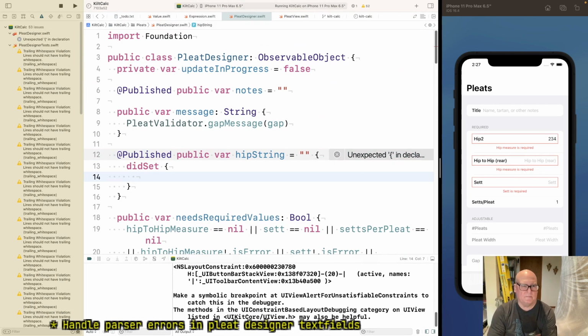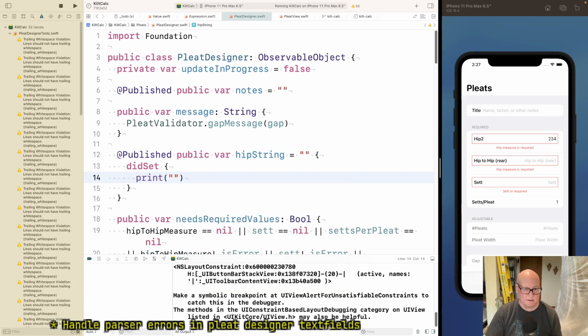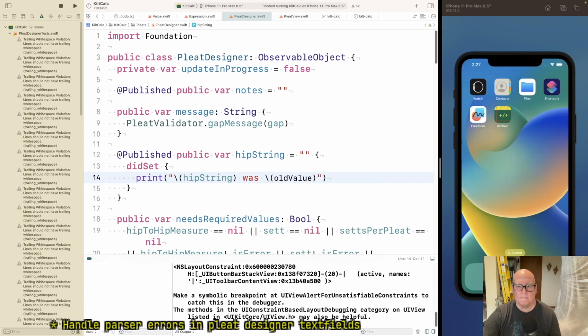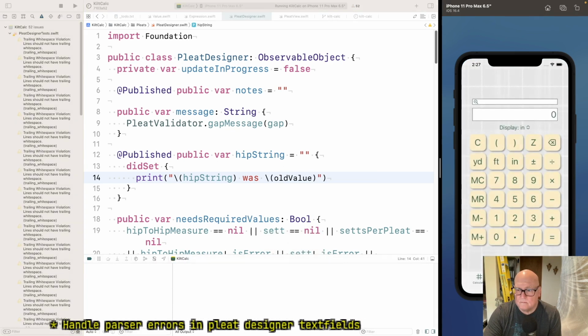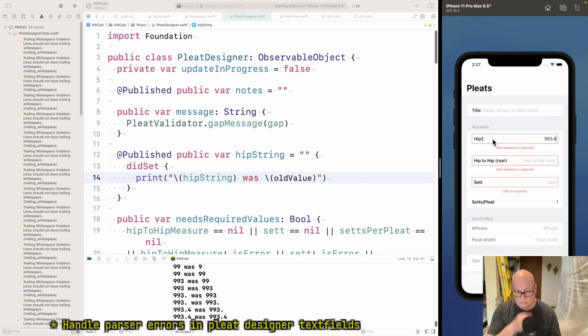Okay. Let me just make sure we're getting everything. Old value. Okay, so as we type, this should update 993.4x/. All right, okay, we're getting everything we want to know.